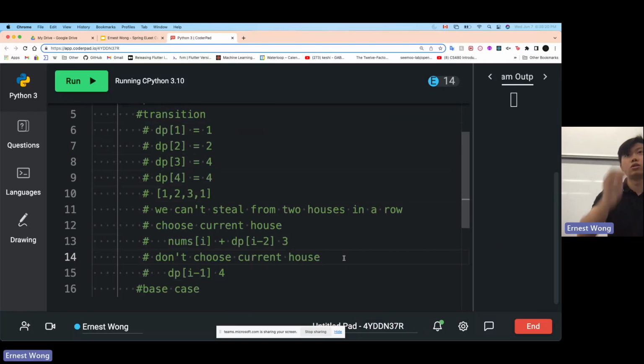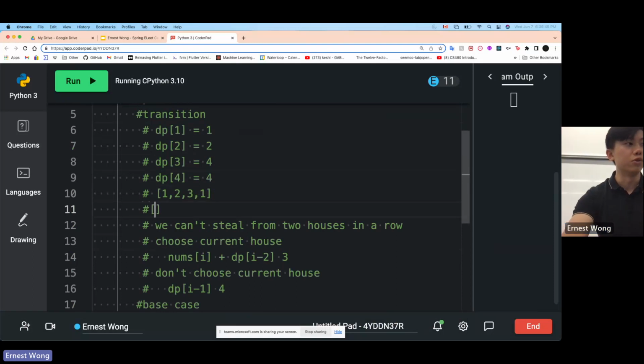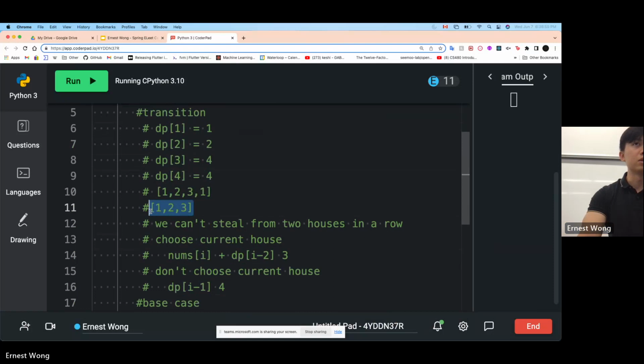Questions? Yeah. Why, when you don't choose the current house, does it go to dp of I minus 1, and not anything else? Yeah, so let's say we're looking at this array. Not choosing the current house means we ignore this house being there. So let's say we're on dp of 4. We want to ignore the 4th house. Is that the same as solving the problem if we only had 1, 2, and 3? Yeah. So if that's the same, then we know that dp of I minus 1 actually represents this problem, because it's all the houses up to the I minus 1 house. Okay. Make sense? Yeah.